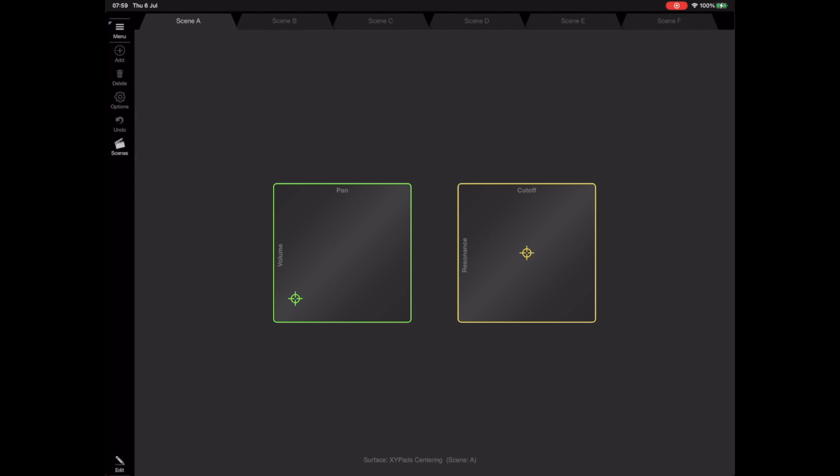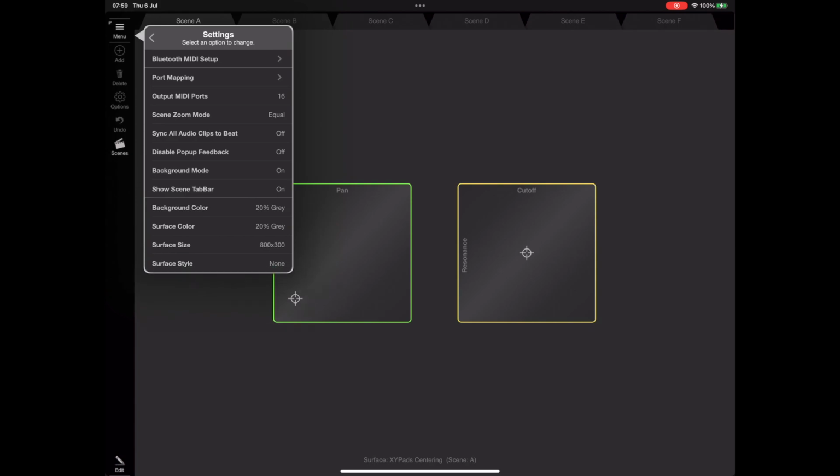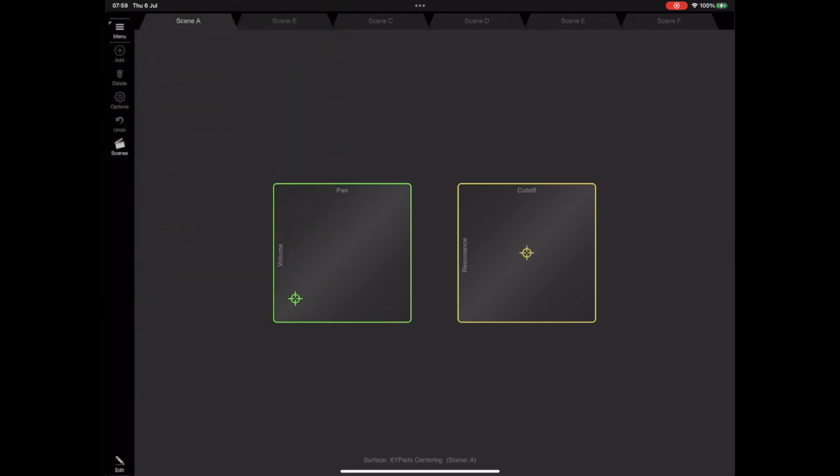Now I know some people have requested that we can turn off the little pop-up feedback that appears whenever we adjust an XY pad or a knob or a slider and so on. We can turn on this disable feedback option within settings, and once that's turned on, we do not get these